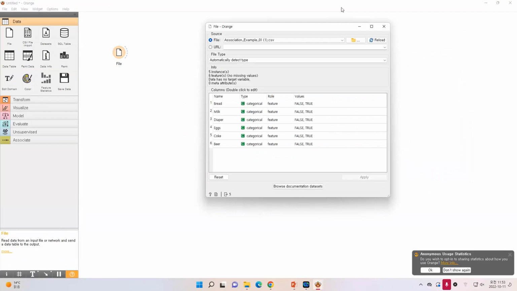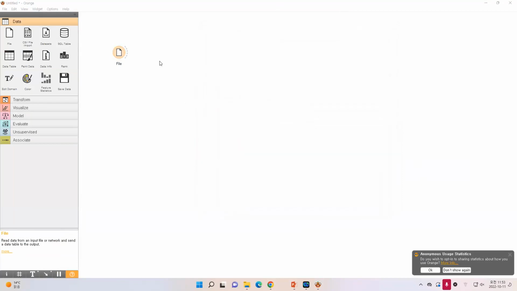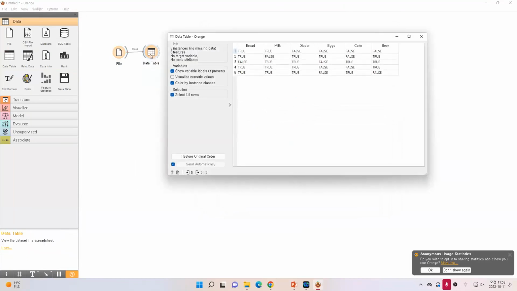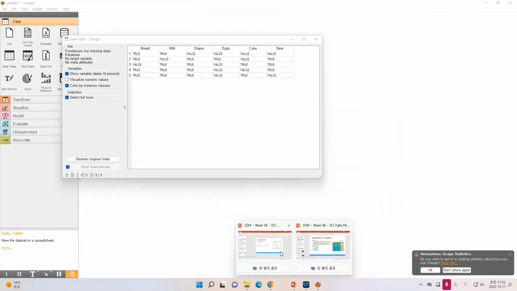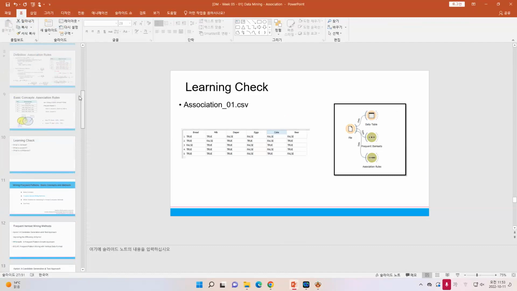So you can look at this data. It has 6 columns and we have 5 instances. If you open the data table, the data will be something like this one. If you still remember in the PowerPoint, in the first part of our lecture,